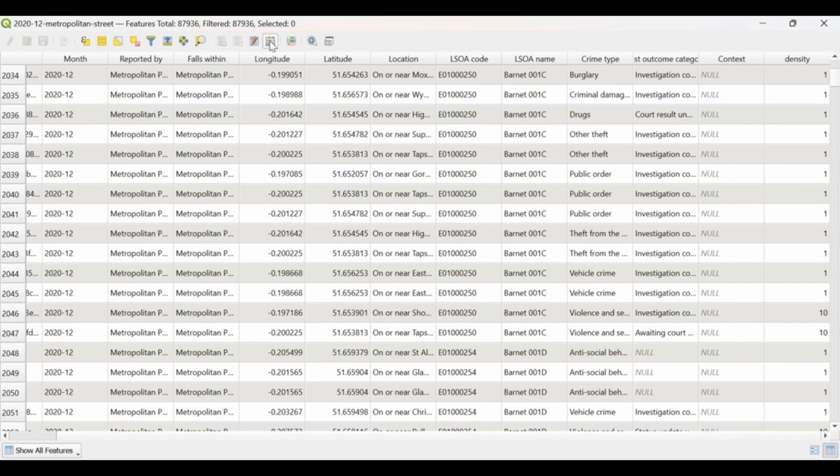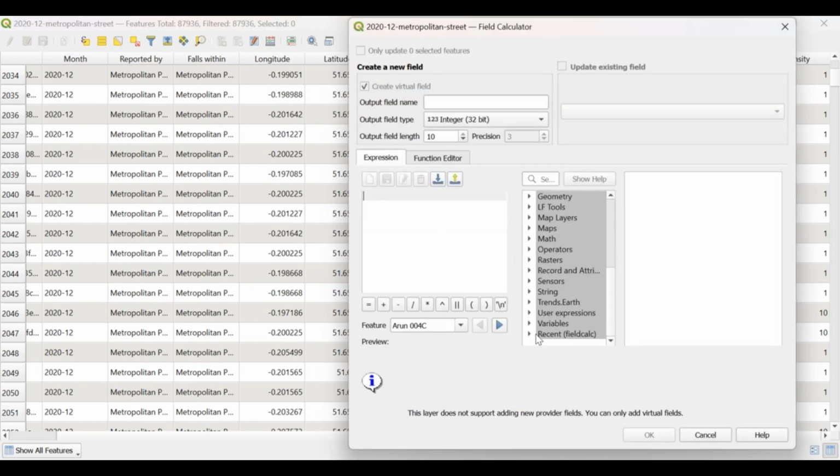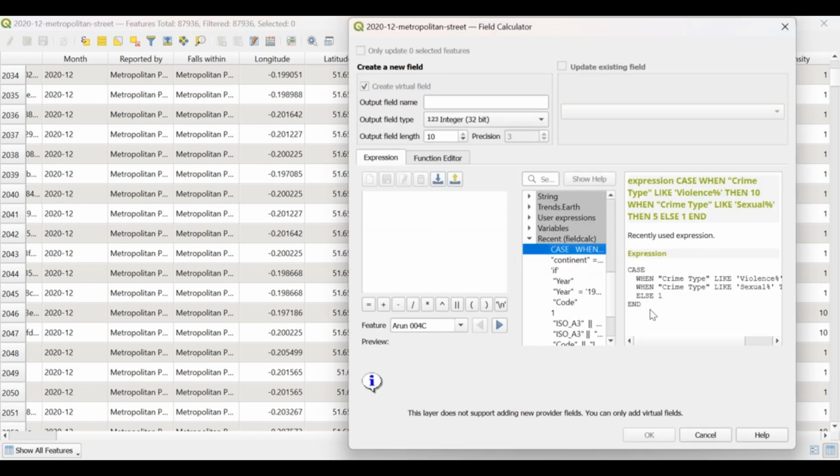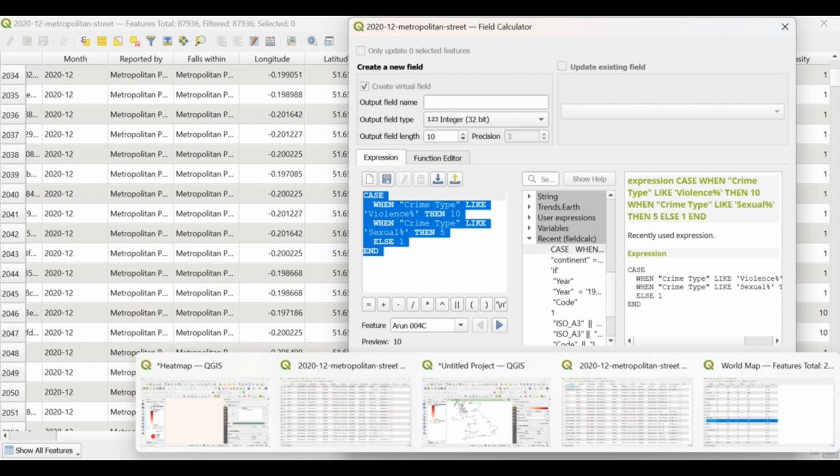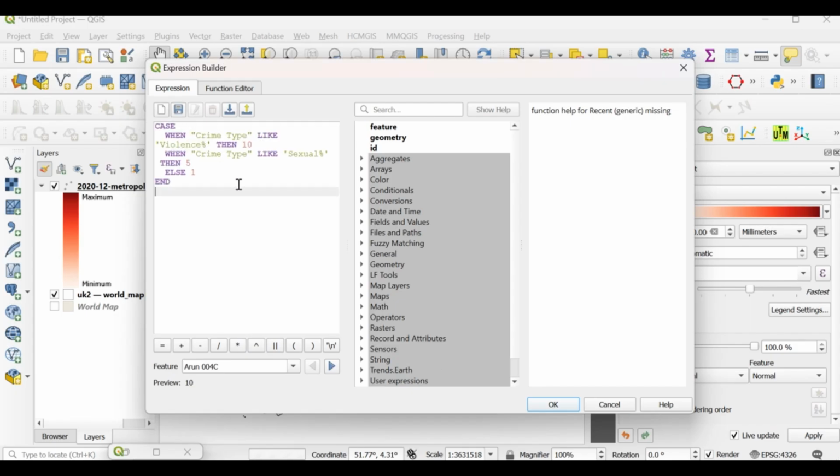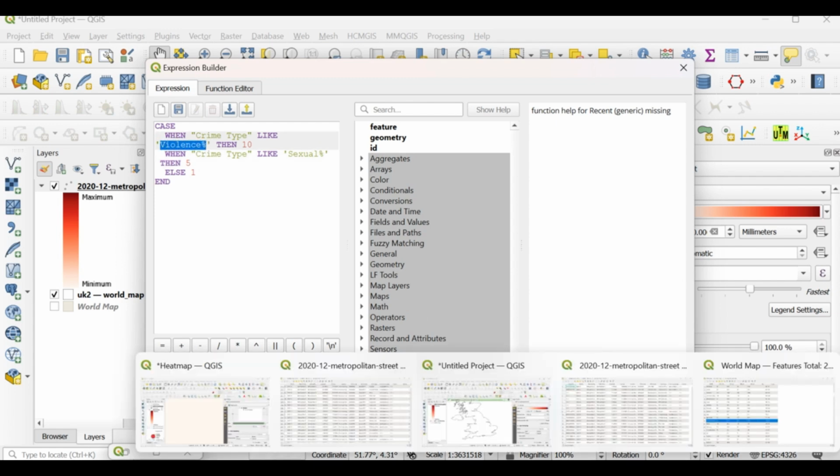I will take that from here because I did it not long ago, and then copy that to this part. So what this SQL syntax is doing is going to look for a particular attribute that has violence in it.